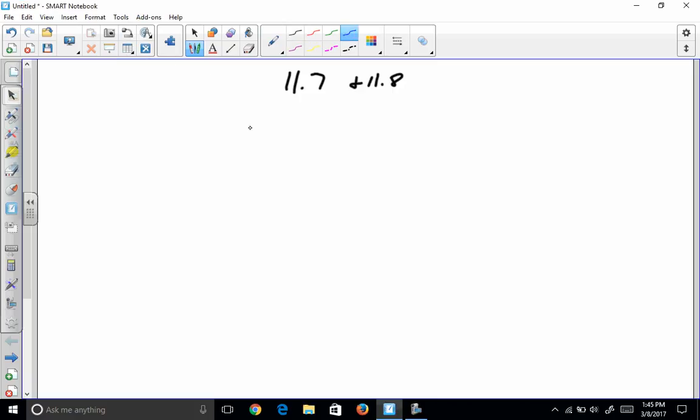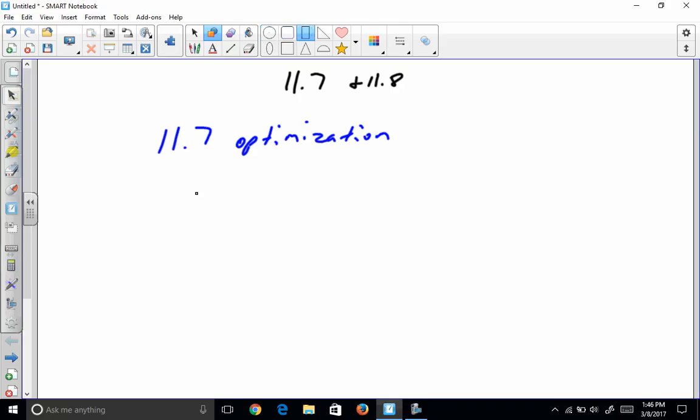We'll work problem 2 out of 11.7. We didn't get a chance to work many last class. So remember, 11.7 is about optimization. Where we left off, we talked about a problem where we have a rectangle that we're trying to find